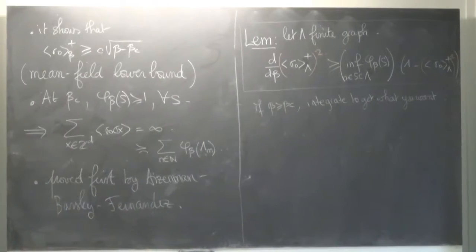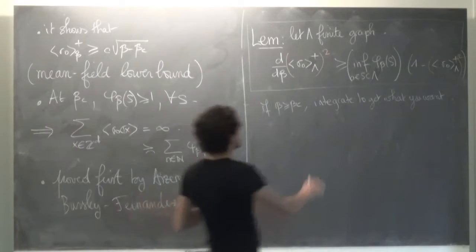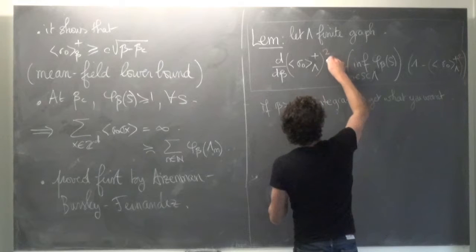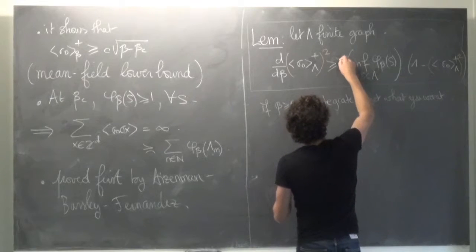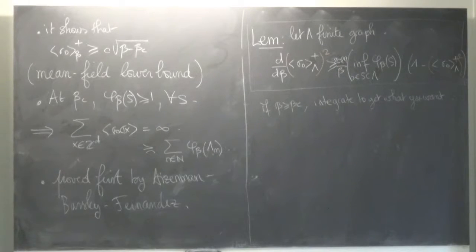There is a small additional factor here, which is that in fact, in the inequality, you need to add an additional term, which is not very nice. Here you need to add a 2c of lambda divided by beta, where c of lambda is,